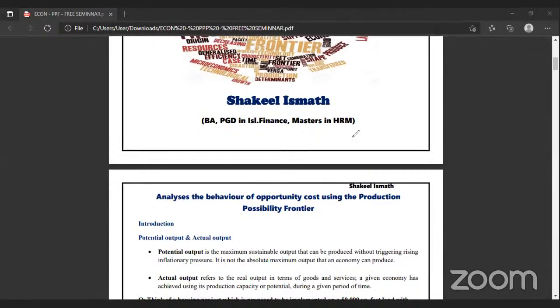Last 5 years, because I took only the revised syllabus question papers. But before that, all the same things are there. It doesn't mean there is no change in the syllabus. The syllabus is not changed. Only the points here and there, something they have shifted. That's all. Now you know the questions.